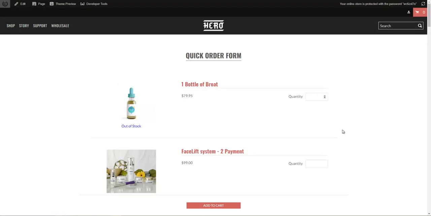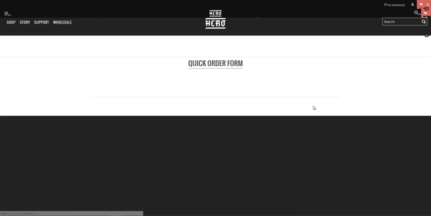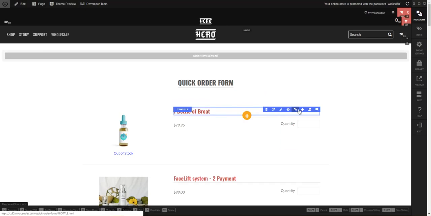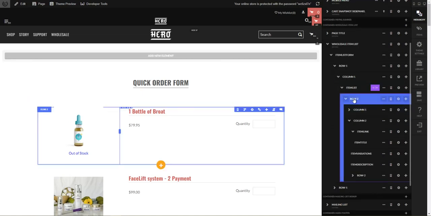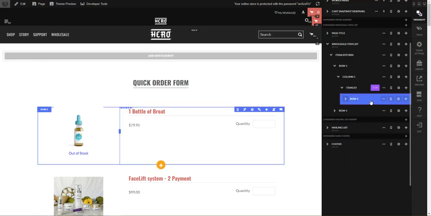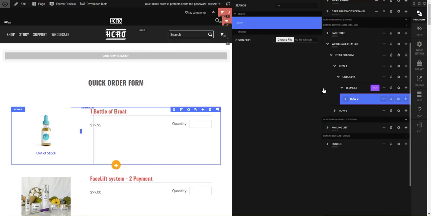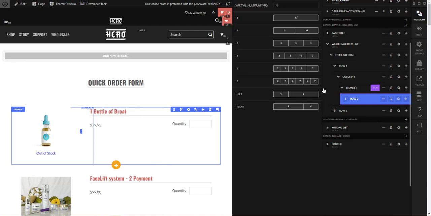At this point, let's look at doing some further customization of this order form to achieve a different look. So we'll go ahead and engage the visual editor using the edit button in the toolbar. And I'm going to go ahead and open up the hierarchy. We can see here the item list on the page, and so inside of this list a row is being generated for each of the items. I'm going to go ahead and start off by creating a new row above this one, and we're going to achieve a different look. So I'm going to do a 4-column row,